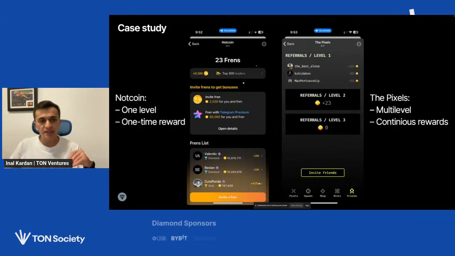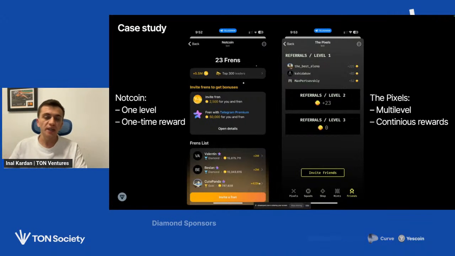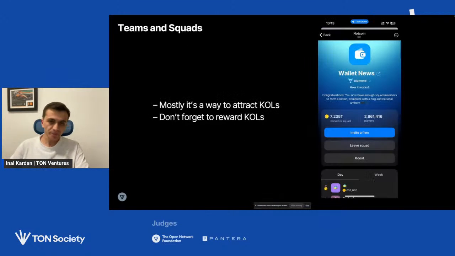It increases the number of actually engaged users in your app. So first, invitations through just links. Second, incentivizing users to share something in their stories. Other users will see it, join, and probably enjoy it. So these are the best cases of viral mechanics to acquire users.